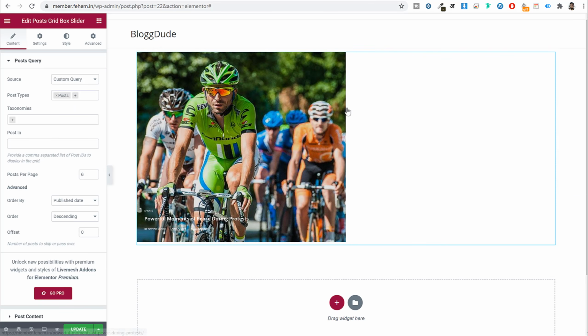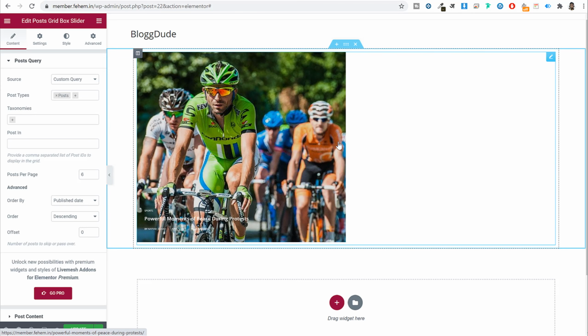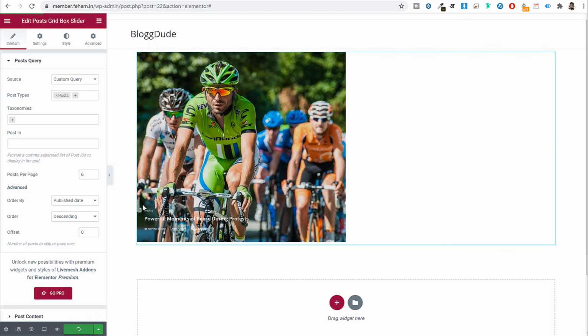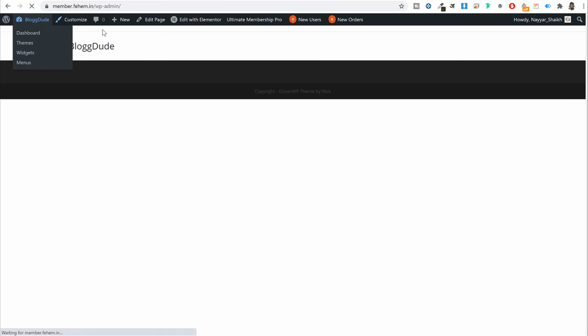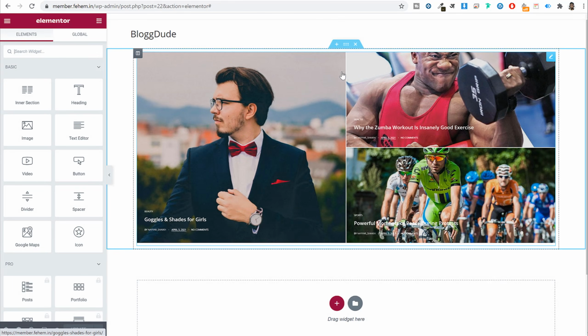This is how it will look. Now it is looking like this only because we have one single post, so only this is showing. These 2 things are not showing. If you have multiple posts on your website, it will show. In fact, let me just duplicate this post 2 or 3 times. So I'll go to post. Alright, so I very quickly went and created 2 more posts. So as you can see, now it will be displayed over here just like this.